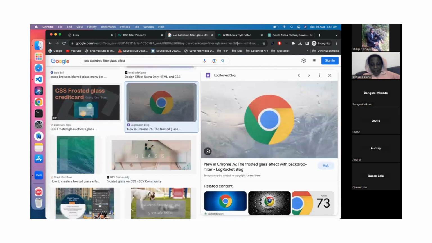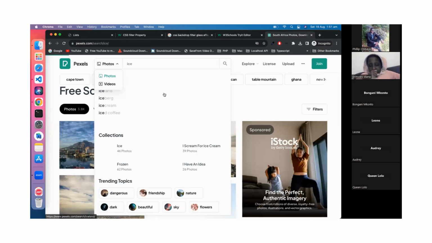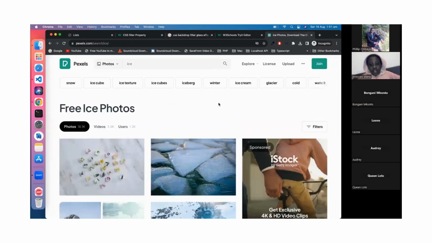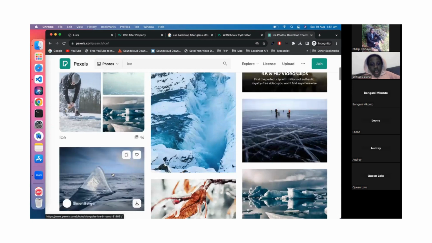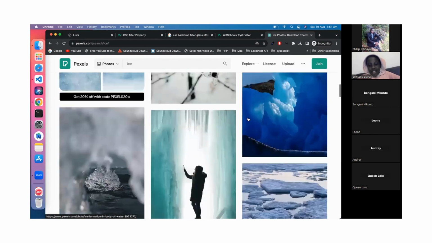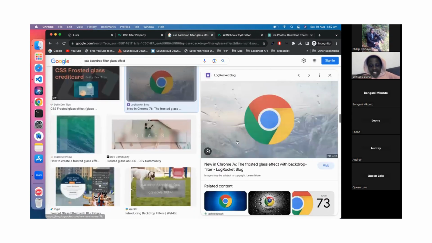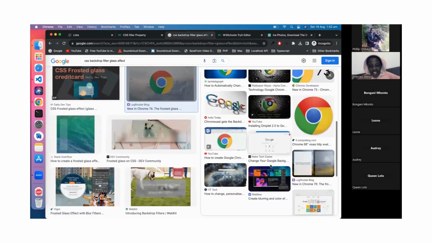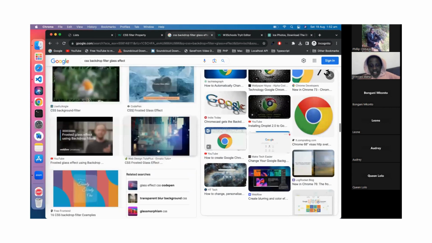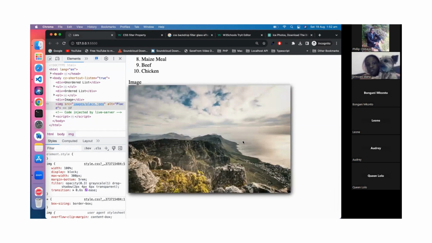Oh, that's easy. All you do is you just come here and then just go ice. You just take a background of ice and then just apply a filter. That's all you have to do. Don't you dare. I want you to do it the hard way. No, that's the easiest way. You can literally find a picture with water or ice and then just apply the filter and that's it. Okay. All right. Yeah. But for the sake of everyone to not get bored,